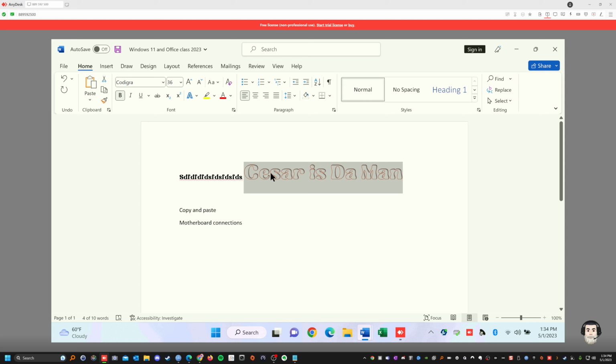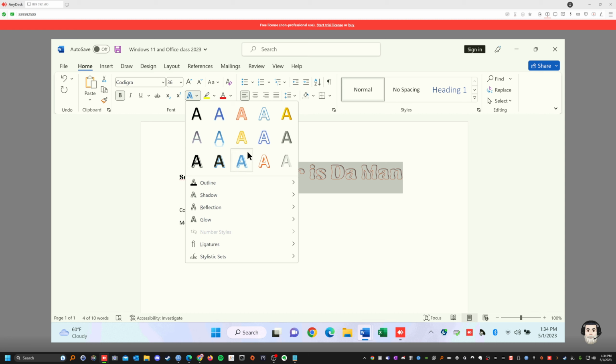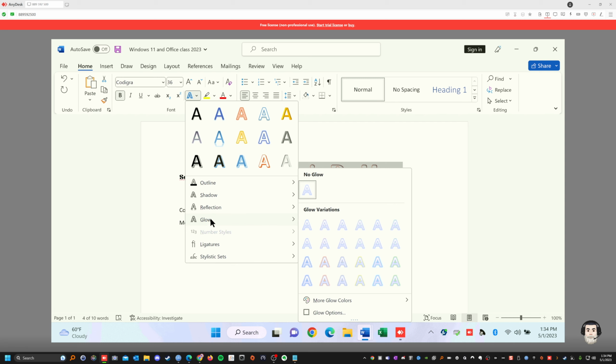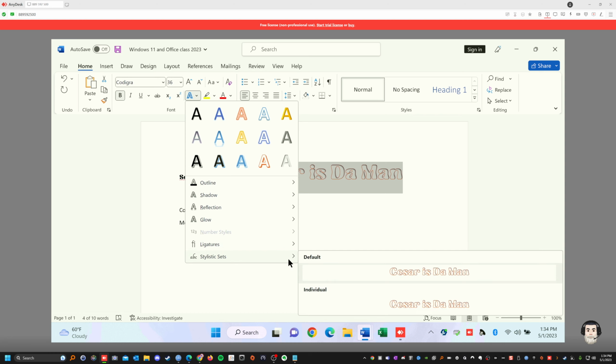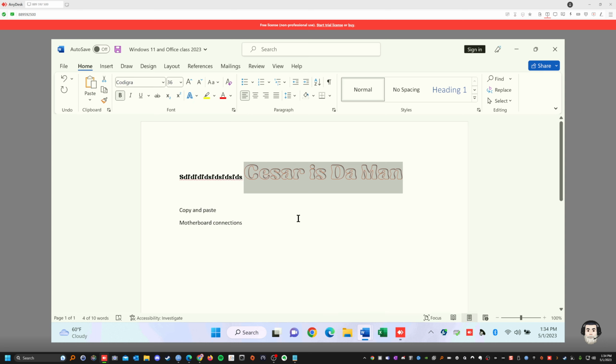So you could change whatever you want based on this stuff here. And this is what's limited. You could do a reflection on the floor, on the ground, on the bottom. You could make a glow if you want it to glow. In this case, you could put a number or no number, or you could do a stylistic set like this. Less individual if you want to separate it, or if you want to do it like this. Okay? So that's for this. That's if you want to kind of make it a little bit funky.